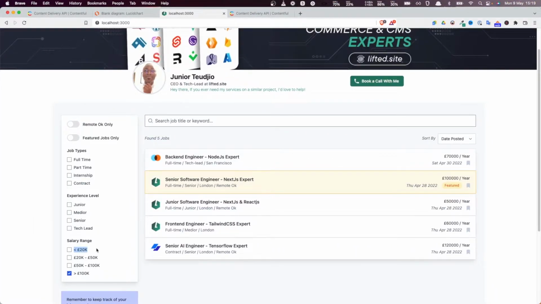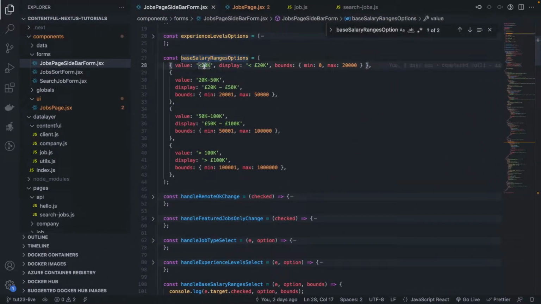So less than 20k is the first option, this is the display value, and this is the value as it is selected. These are the values. But one very important thing that we also have are the bounds. So we have the min value and the max value,